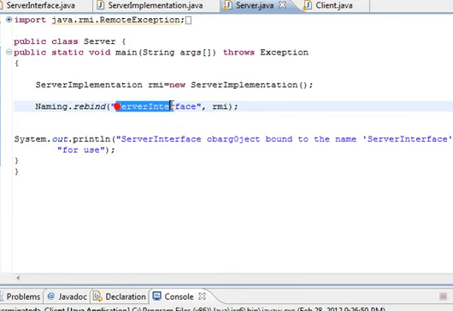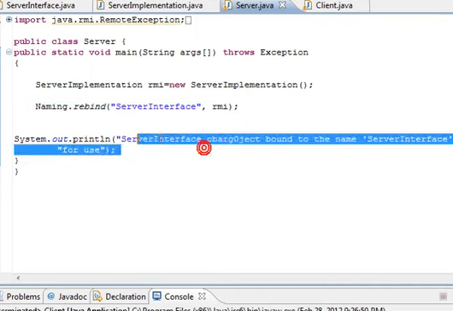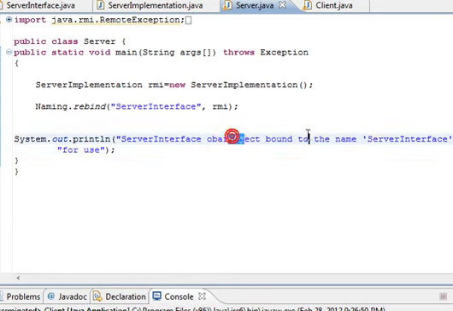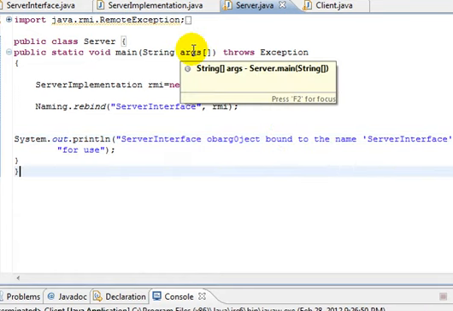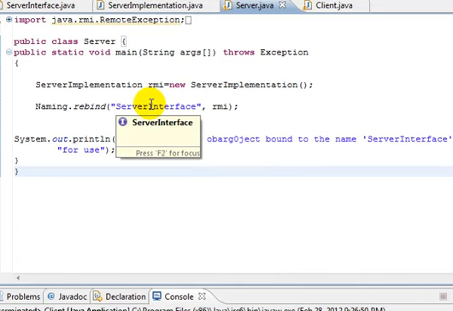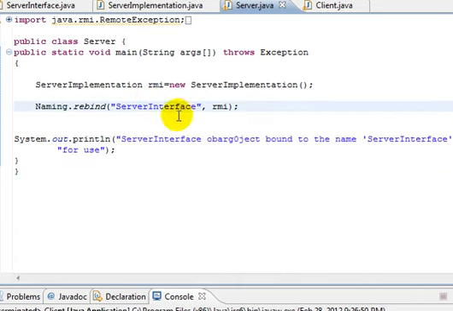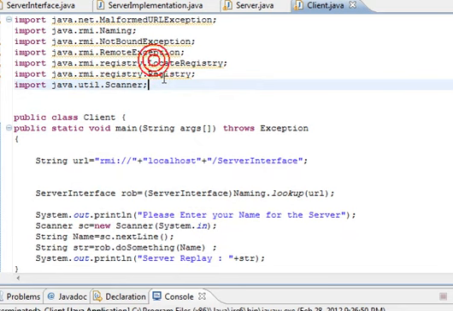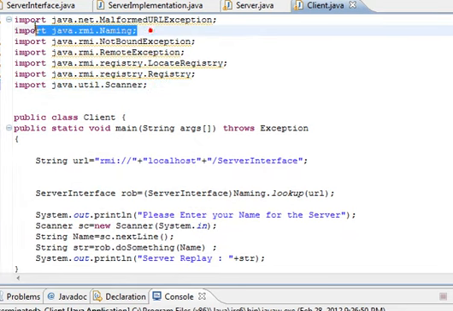We just specify the server interface name, which is the main interface that we have, and the RMI. So this is done, and we just implement this method, the server interface. We just put the object. Okay, no problem. We just need to test if this is connected, rebinded, or binded to the server. In the client, finally, the last one here, we just import the RMI and the scanner,